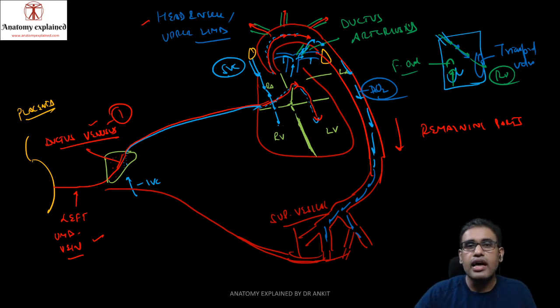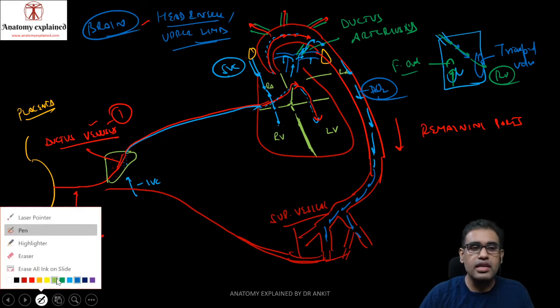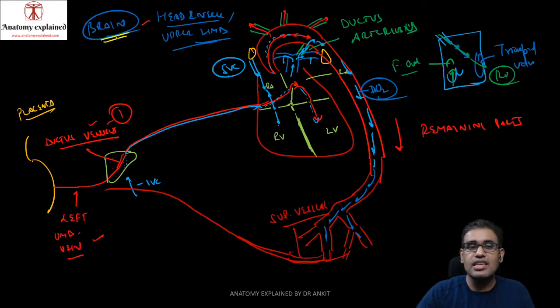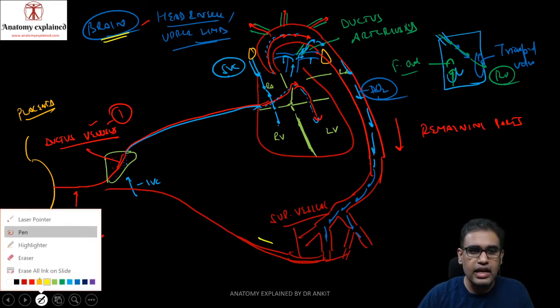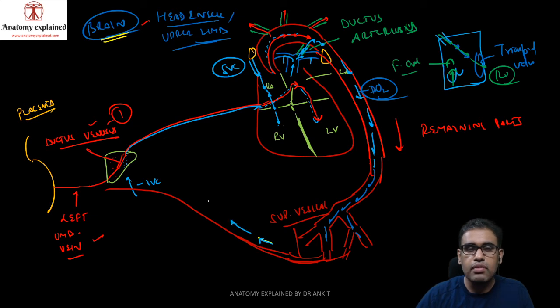It's again a mixture, and then it comes to the LV, then this goes to the arch of aorta. So as it goes to the head and neck, it also obviously goes to the brain. Therefore, we all know that the brain is the most important organ of the body, so it is receiving the highest possible amount of oxygenated blood which a fetus can give to its organ. After the arch of aorta gives off the carotids, you have the ductus arteriosus, then there's mixing of blood, and finally we have the umbilical arteries, both right and left, which will form the umbilical cord and go into the placenta.